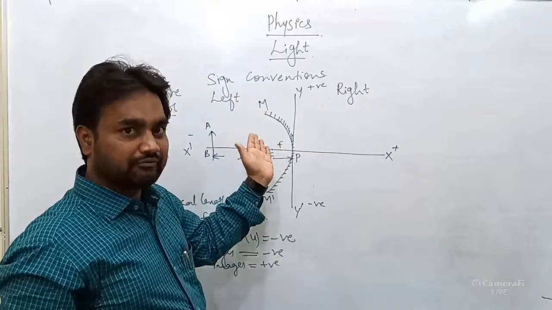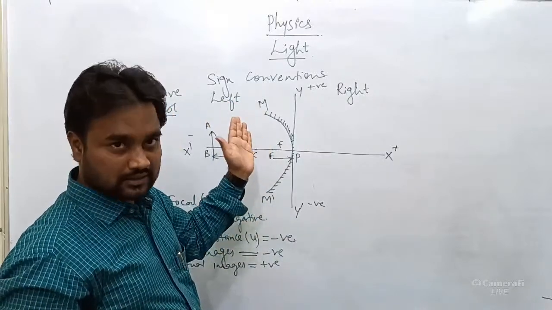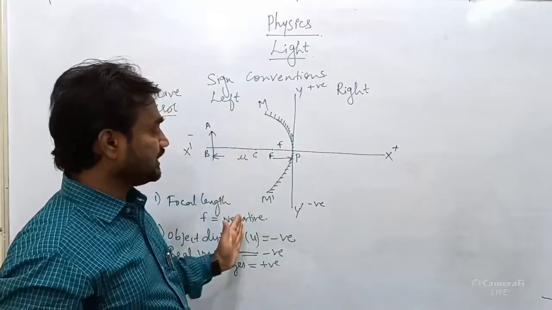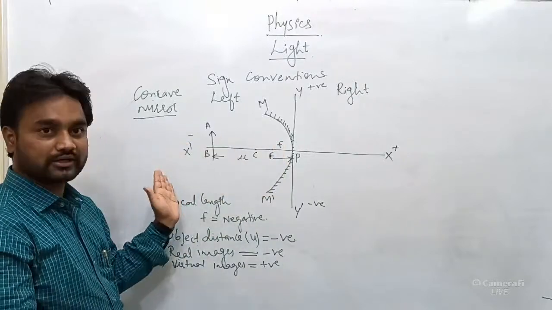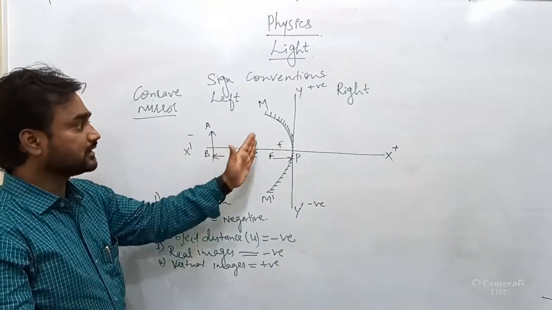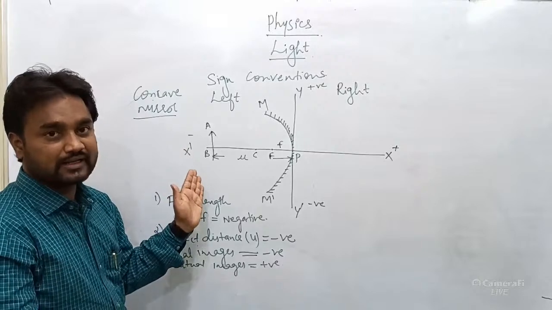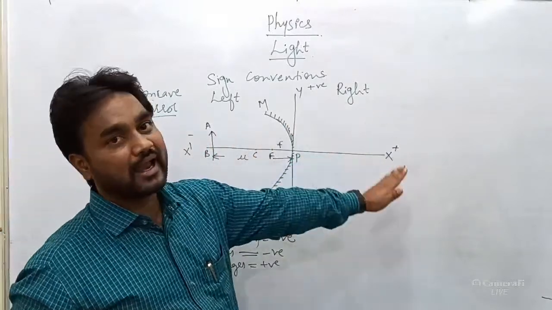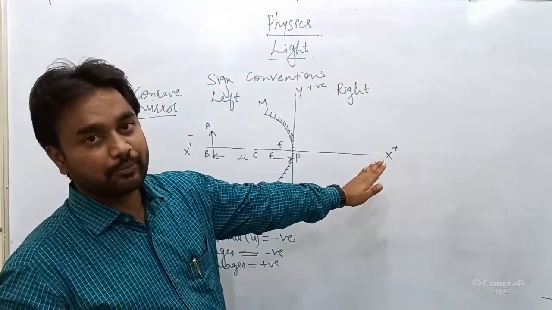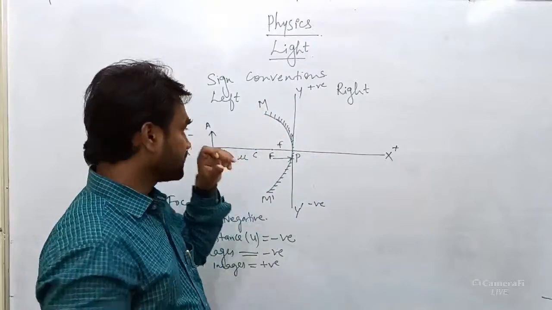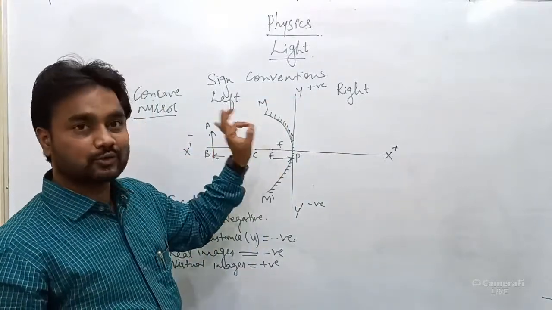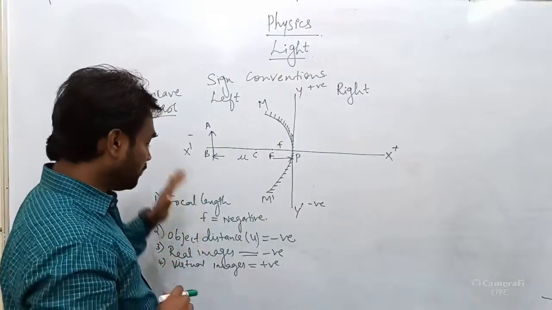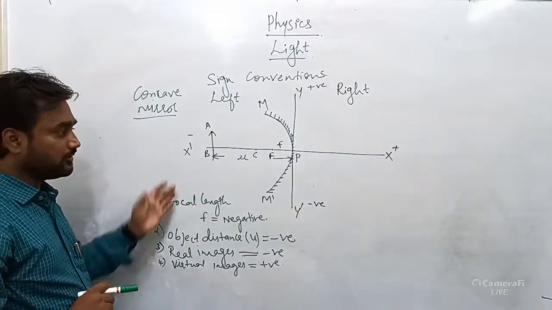So that might be confusing. The best you can remember is all the real images, that is onto the left hand side or in front of the concave mirror, anything that is onto the left hand side will be taken as negative, and anything behind the mirror will be taken as positive. Is that clear? So just go with this graph method so that it could be easy to understand. Hope this is understood by you all, okay. Now next